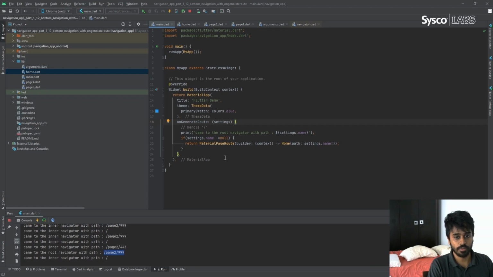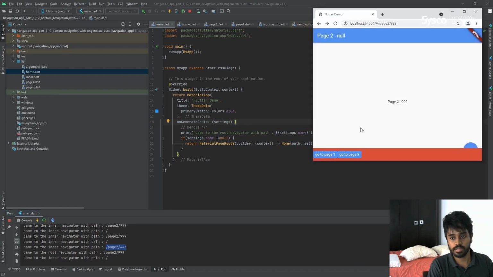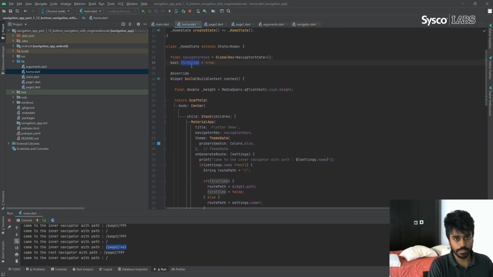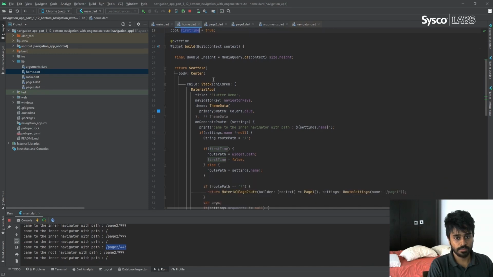So if you have page 2 here, and you have the application here, now you don't have this bottom navigation bar or anything like that to go to page 2, right? So you need to load this page, the bottom navigation bar and everything in the home page. So you cannot navigate into page 2 using the route navigator. So you need to pass that path to the home widget here, and then use that for the first time only.